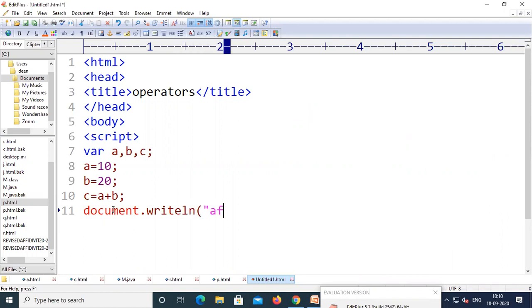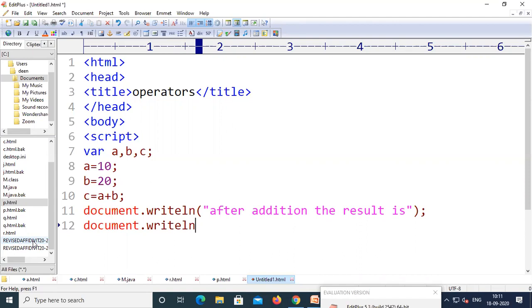I want to print "After addition the result is", and then I want to print the value of c here. document.writeln, right? I want to print the value of c here.